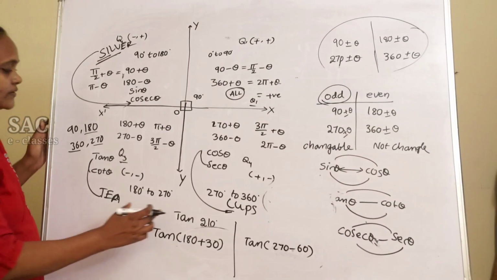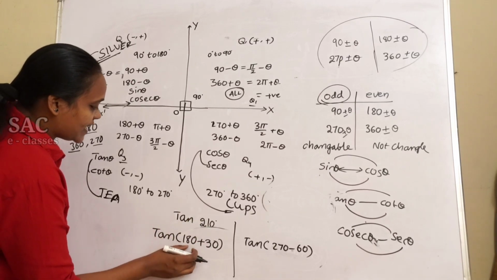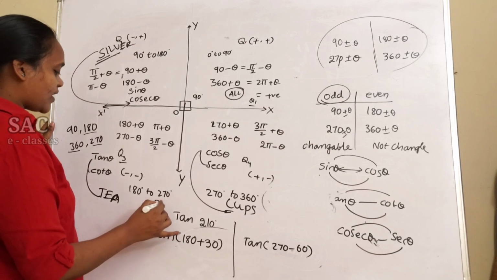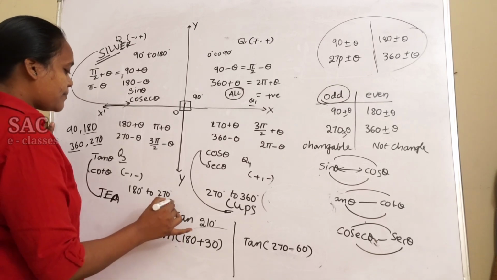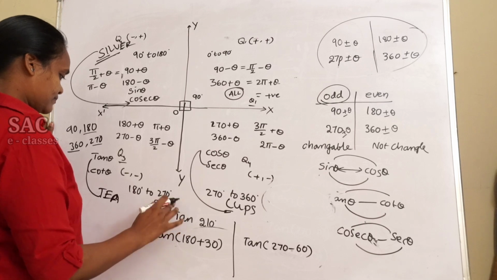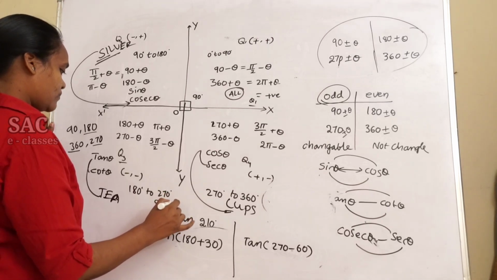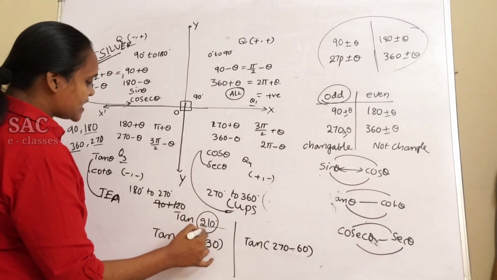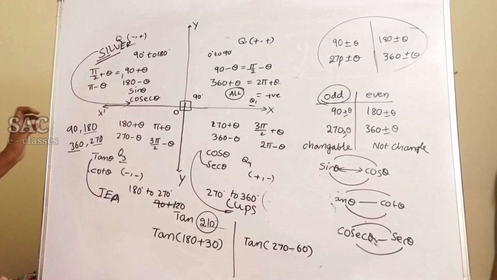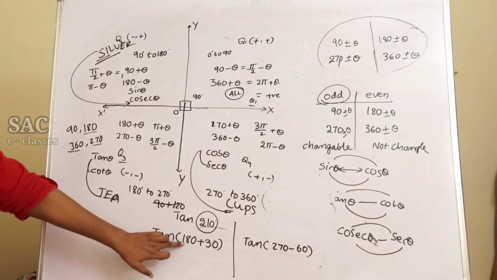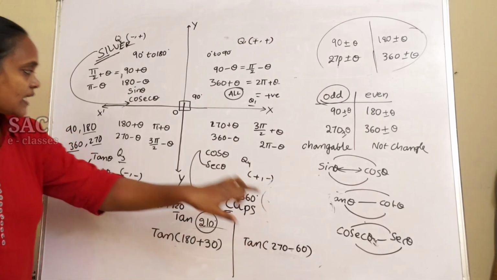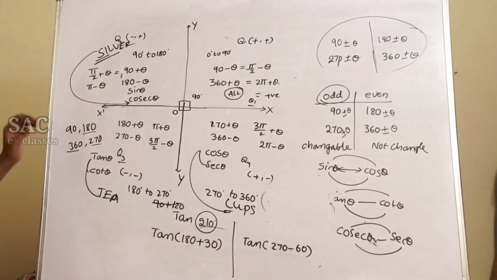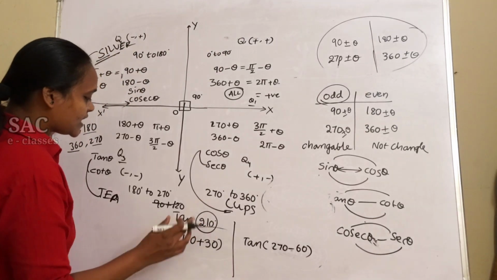Now I have written tan 210 is 180 plus 30. Ma'am, you told that any structural value we can take, why can't we take 90 plus 120? For 210, we should take the nearest value. The nearest values to 210 are 180 or 270, it cannot be 90 or maybe 360. That is why I expressed 210 degrees as